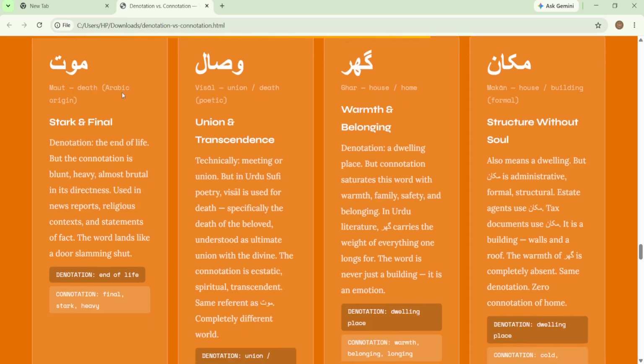So these are a few examples. Maut, which is death, Arabic origin. Stark and final. The denotation is the end of life, but the connotation is blunt, heavy, almost brutal in its directness, used in news reports, religious contexts, and statements of fact. The word lands like a door slamming shut. That is the end of life. The connotation is final, stark, heavy,